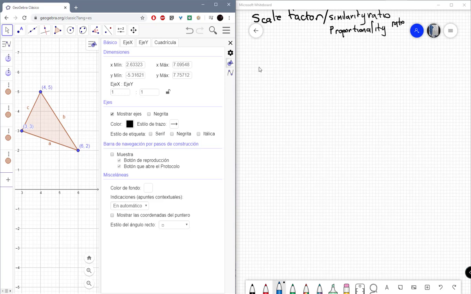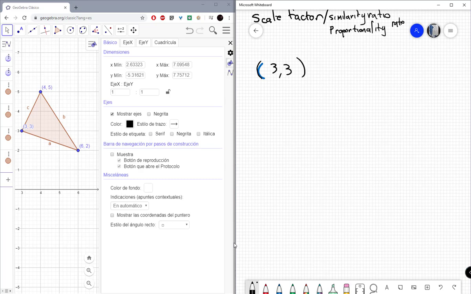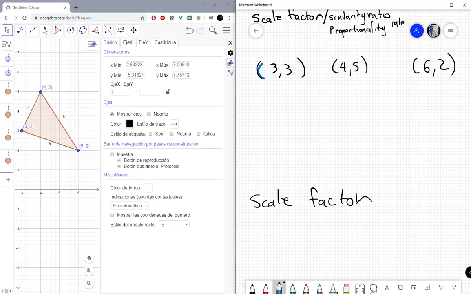We have 3,3, we have 4,5, and also 6,2. Sorry about it. Also 6,2. Okay, and my scale factor is going to be in this opportunity just 2. I want to keep it simple for this one. So if we multiply everything by 2,